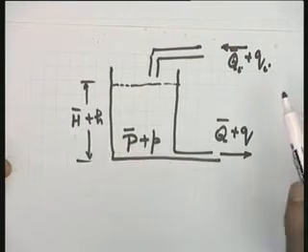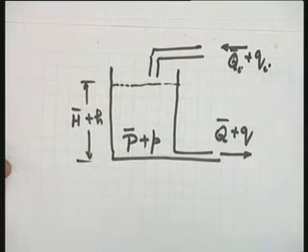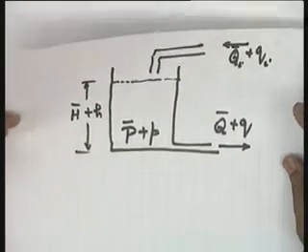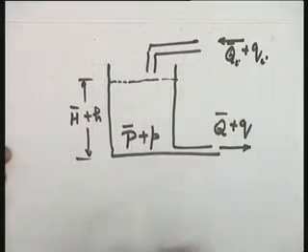To get a transfer function model between the two variables, let us say H is the controlled variable and Qi is the manipulated variable. In that particular case, I want to write the transfer function between the two, and the step is exactly identical to what we have been doing earlier. First, I will write the differential equations describing the dynamics of the system, and then transform those differential equations to a suitable transfer function model. And if you require a state variable model, naturally you will define suitable state variables and accordingly get a state variable model. Okay? Come on, let us take the dynamical equations for this particular system.